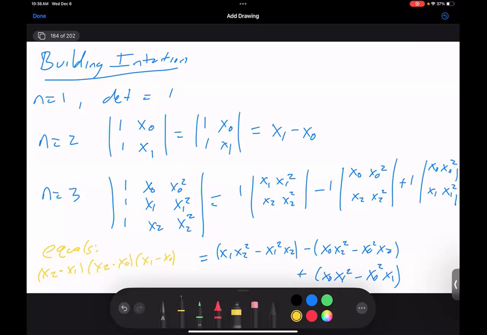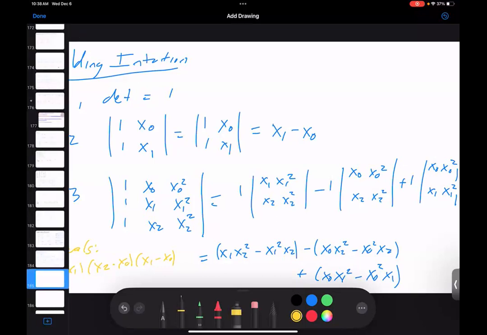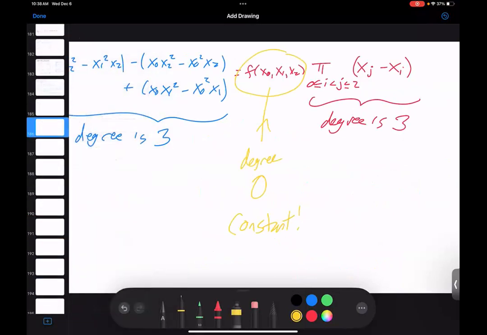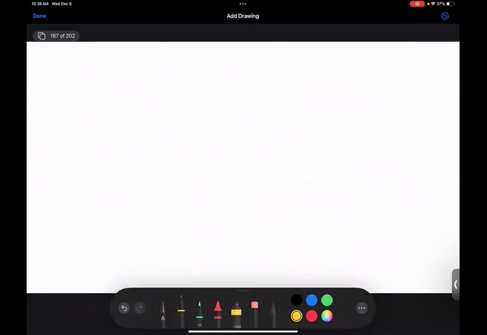Not the sum, the product. So the product of the pairwise differences. That's a really good conjecture. And the hope is that we now have enough data that that's a reasonable conjecture. So the conjecture